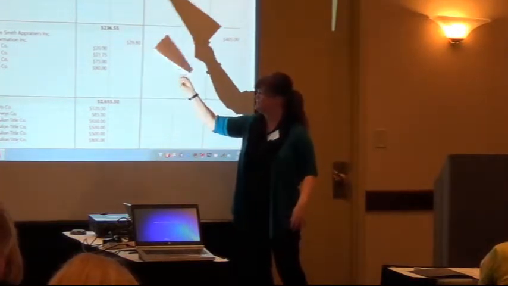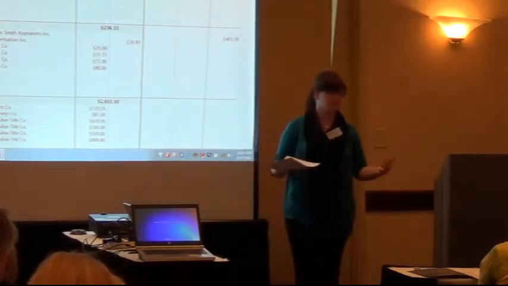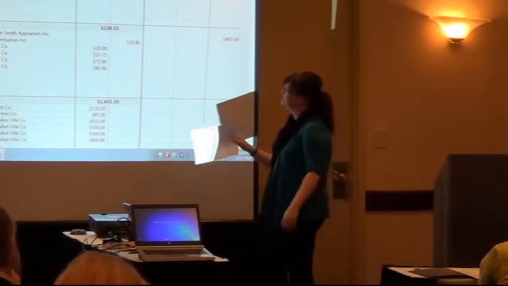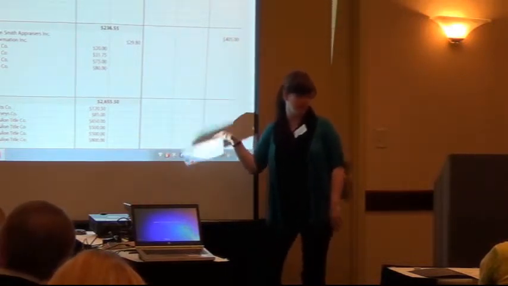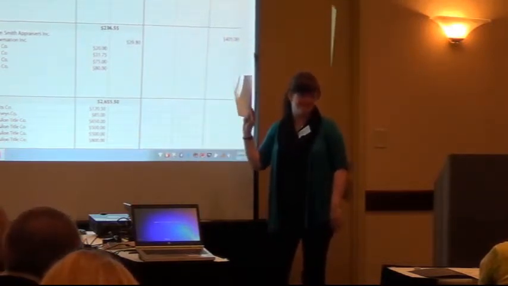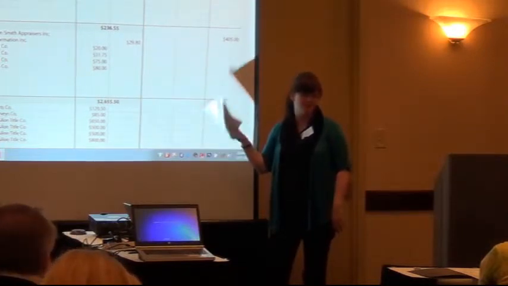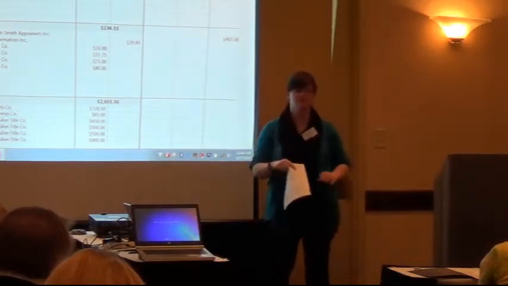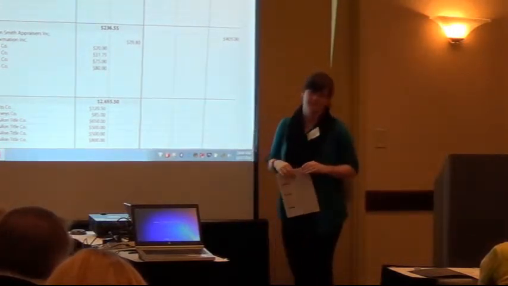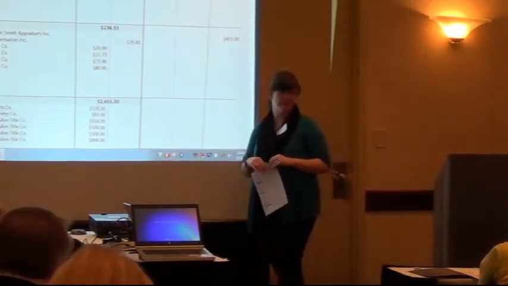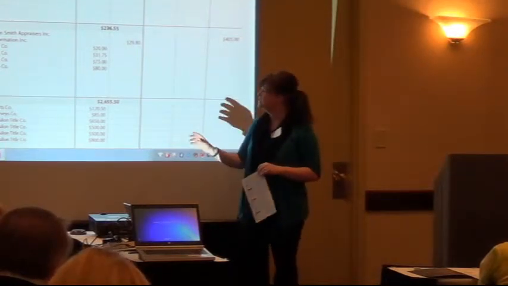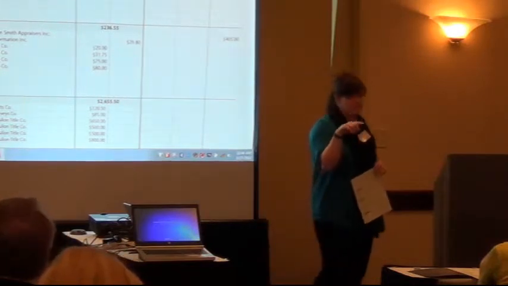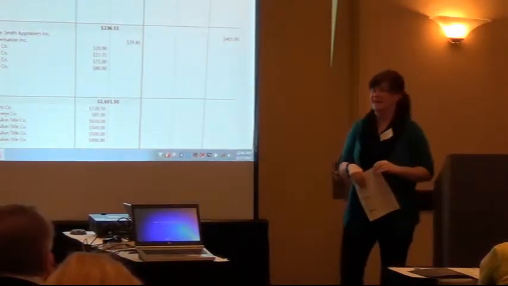It does roll up on each one, but that doesn't push anywhere. It's really just for our purposes and for explaining it. Also, you'll notice we have a new column. Well, we had to have a whole new column here, right? The seller. The seller is actually allowed to be on this section again, unlike in 2010. So we also have this before closing section, which is nice, because right now when we have any of what we call POC items, you've got to kind of find a place for them on that HUD 1, right? Usually it's over here and it says POC, $780, L for lender, B for broker, so on and so forth. But now they have their own column.